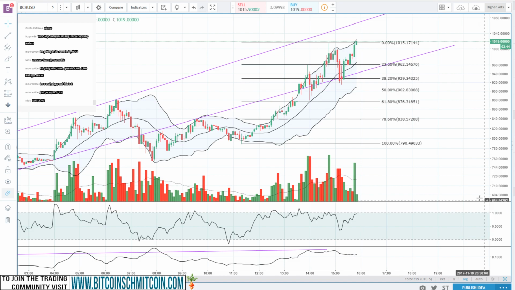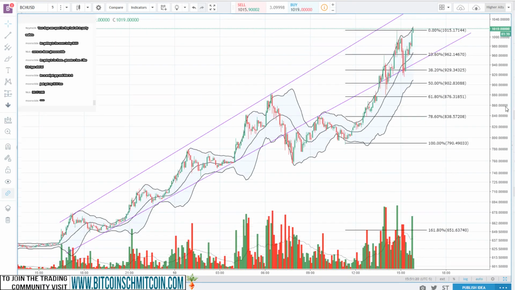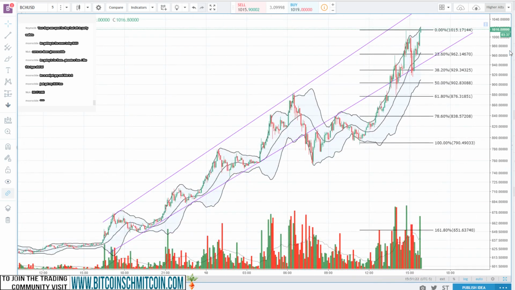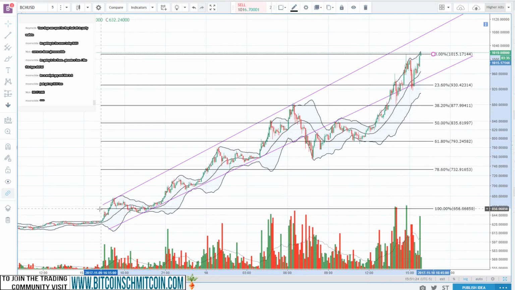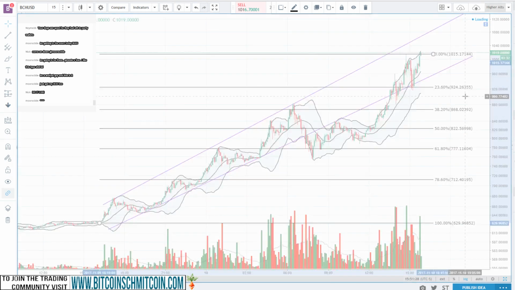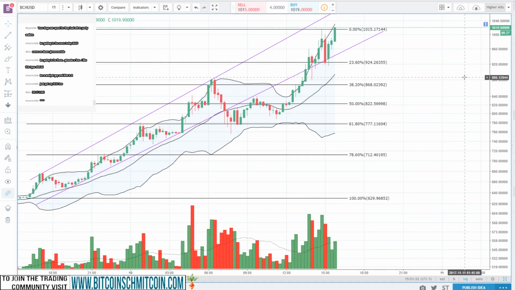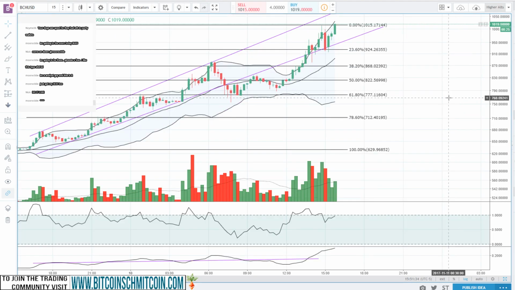We might see a macro retracement here. What would a macro retracement look like? By macro, I mean from the beginning of the run. So if you did a 38% retracement from here, that'd be 860. Okay, so what is that? That's the 15-minute midline? Yeah, thereabouts. That wouldn't be terribly surprising if that happened.